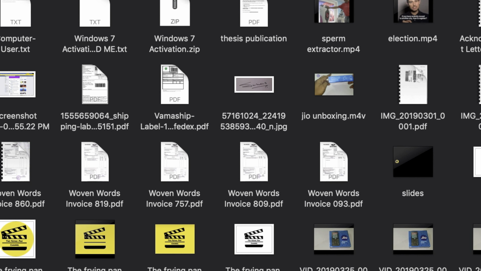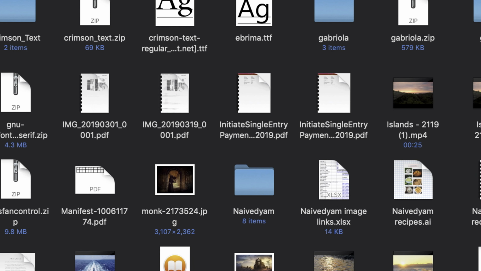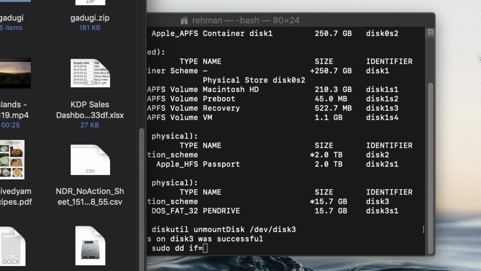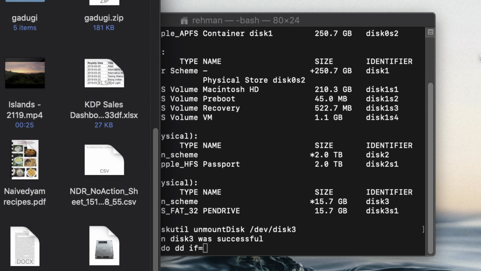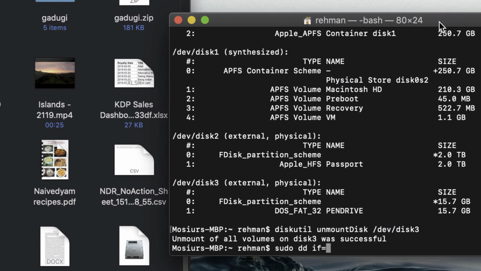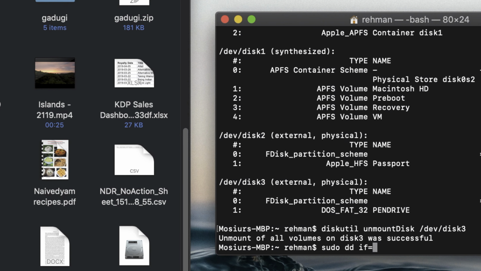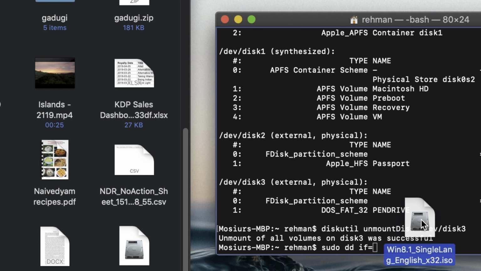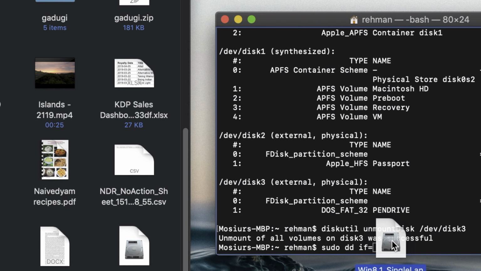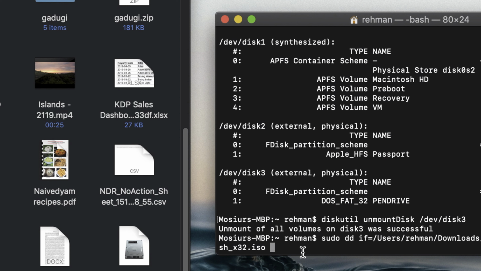So now I'm looking for the ISO file in my downloads folder and from there I'll drag and drop it to the terminal. It is Windows 8.1 single language which I wanted to install in my Windows computer, so I have to make this pen drive bootable. And then proceed with the command of equals to /dev/disk3